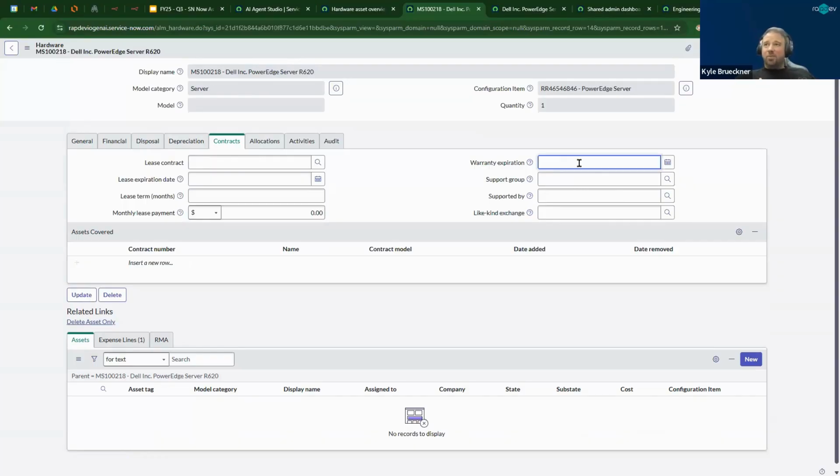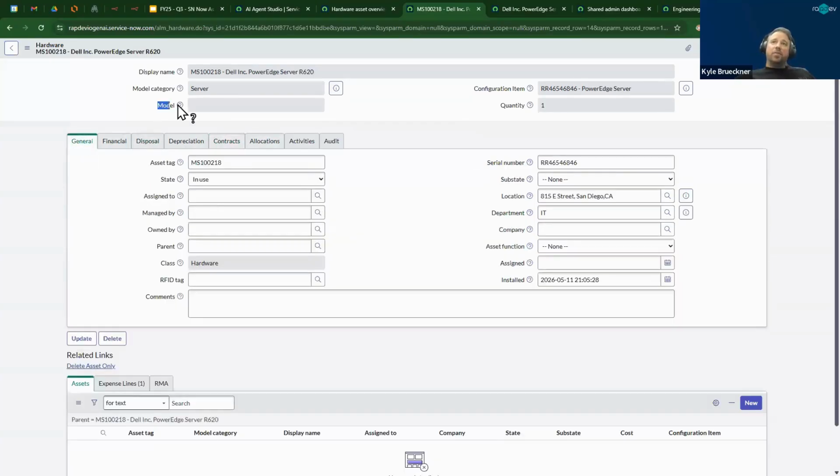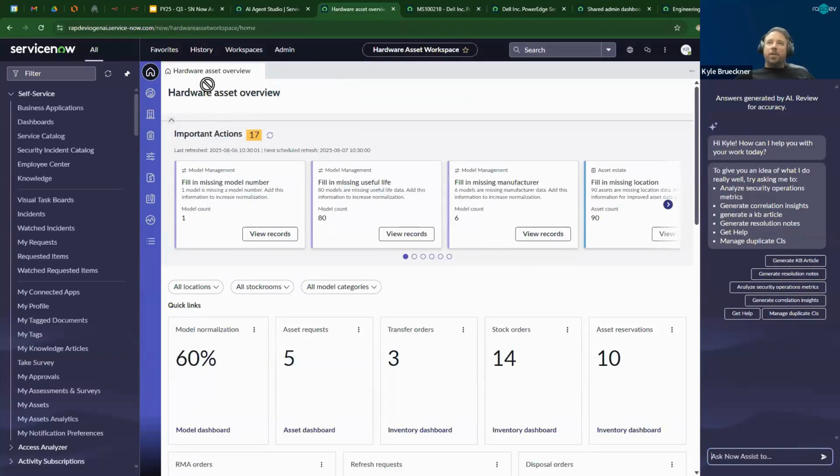I don't want to allocate a human resource to go and find that information. We also have the model number, or the model, also missing. Again, I don't want a human to go and dig for that information. I'd rather set up a team of AI agents to consult with their data sources and find that information on their own. So from the workspace here in the Now Assist panel, I'm going to just copy our asset name,